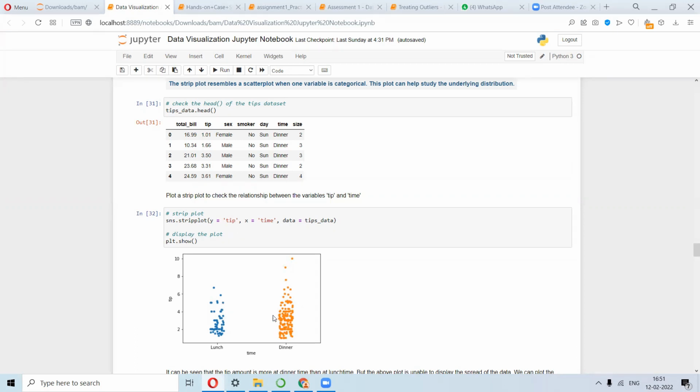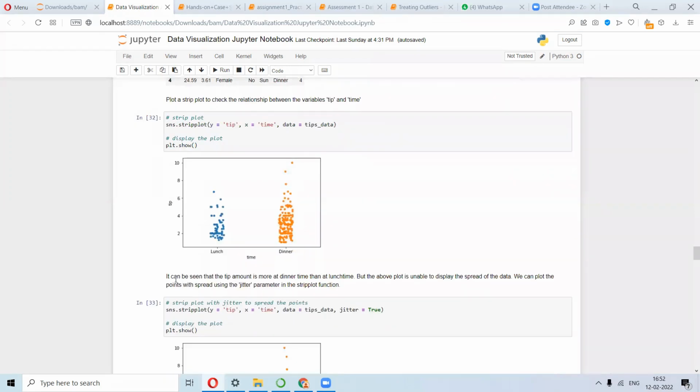Of course, the density is high for dinner, because maybe the footfall is much more there compared to lunch. It's expected that people are more likely to tip more for dinner rather than lunch, but significantly there is not much difference.